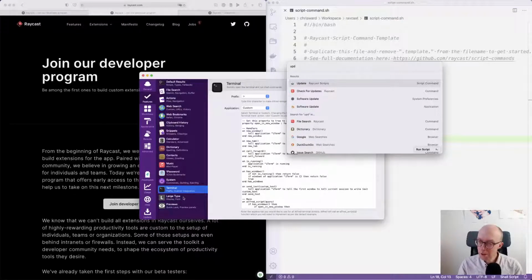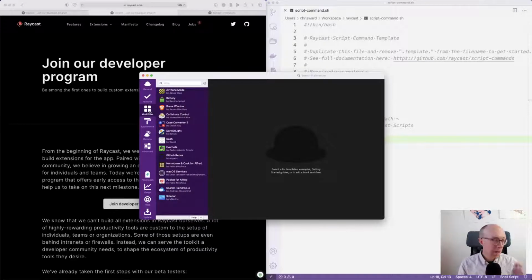Large type I used to use a lot more. I don't really use it recently. Previews I don't really use. Now, workflows are really where Alfred comes into its own, and this is where Raycast is catching up. That said,